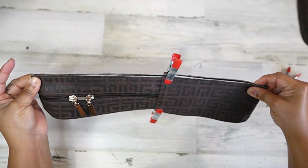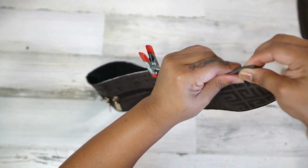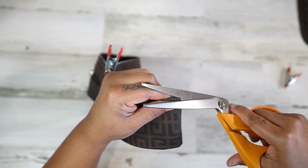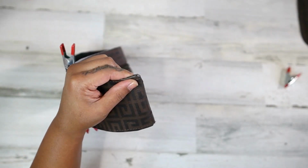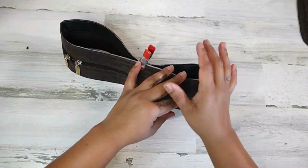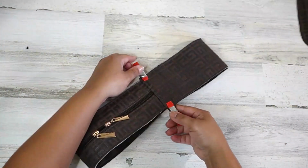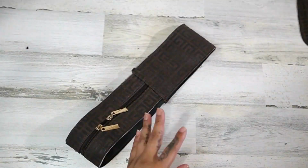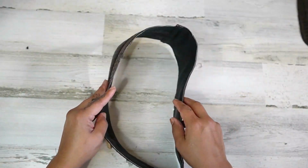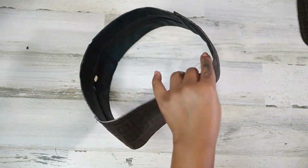I did not skive my leather because I know everybody's gonna ask. I don't have a machine, and I broke my wrist a couple of years ago. When I started skiving last time I did some leather, it felt like my wrist was breaking all over again. It was too painful. So this leather is a little bit softer, so I feel like I can get away with it without skiving, but it is starting to get a little thick. I like them thick, huh? Okay,